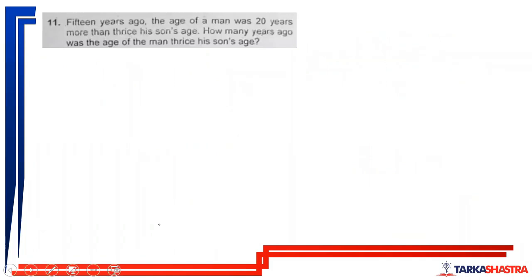15 years ago, the age of man was 20 years more than thrice his son's age. 15 साल पहले age of man was 20 years more than thrice his son's age. How many years ago was the age of man thrice his son's age? So m minus x is equal to thrice of s minus x. ये कितने सालों पहले था ये देखना है आपने, ठीक है ना? तो 15 साल पहले ऐसा था, थोड़ा सा अप्रोक्सीमेशन करके देखते हैं, ठीक है? 15 साल पहले ऐसा था तो